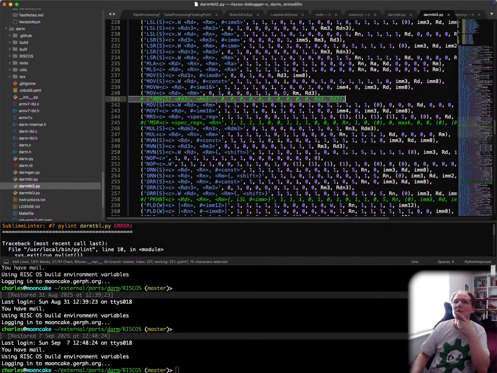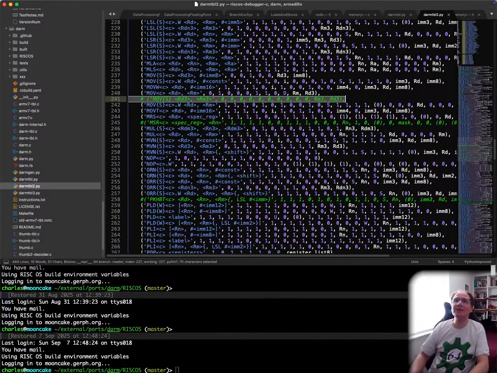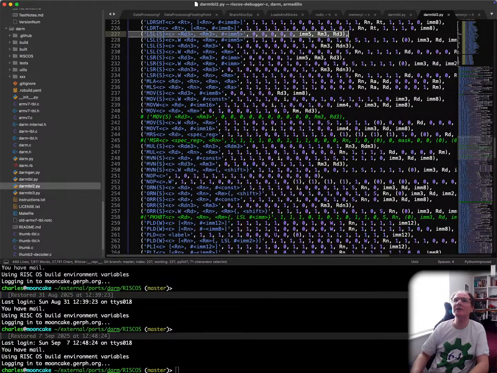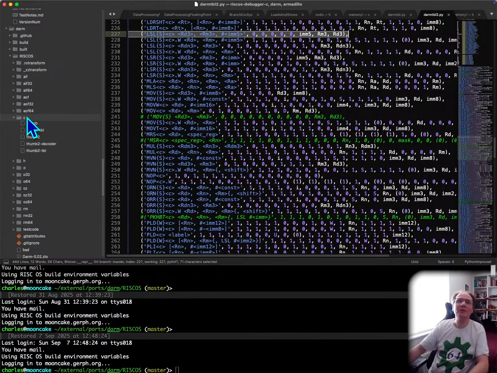See, here's the one that we should be looking at, but it's been commented out. Probably because it's actually just part of the LSL pattern. This one here matches this one, but it has an immediate value of 0, which means it's probably fixed up in the code itself. So if we have a look in the code,